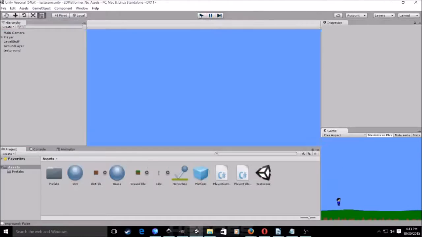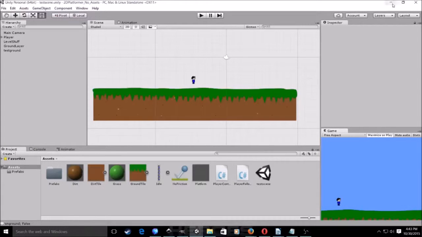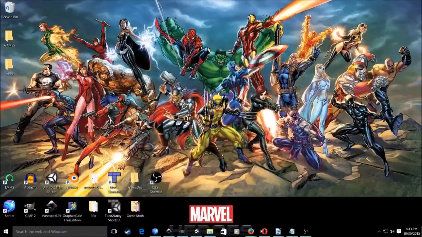So you can do that. And you'll be seeing a whole lot of Unity later because this is what I'll be using to actually make the game. So it's good stuff. Alright, so what else am I going to be using?